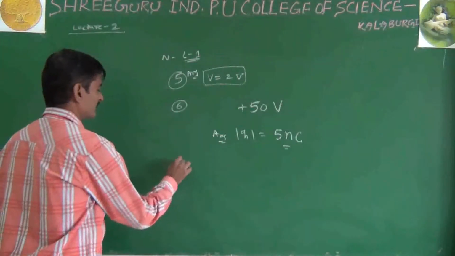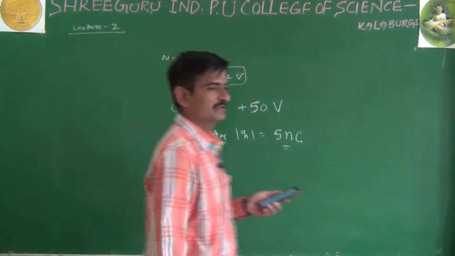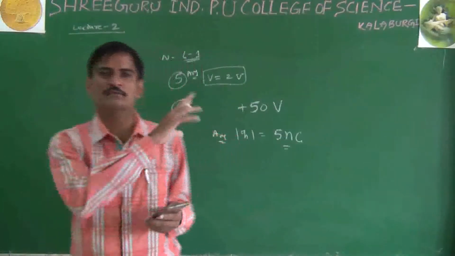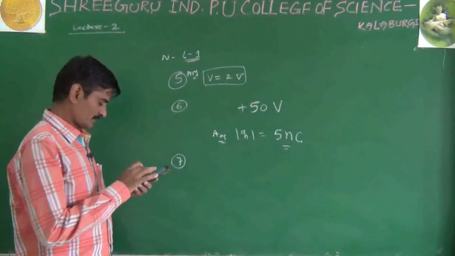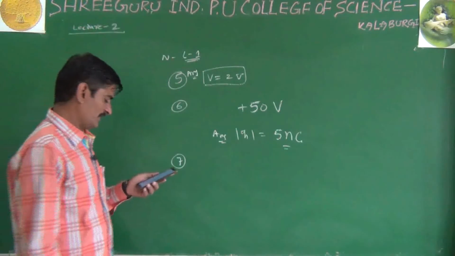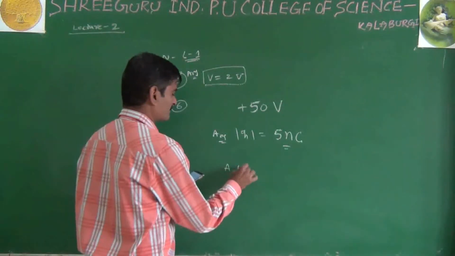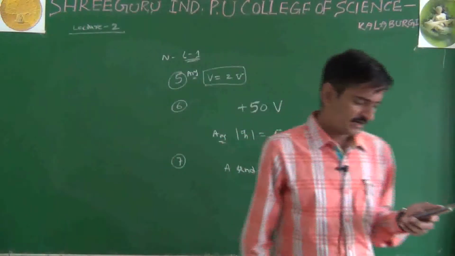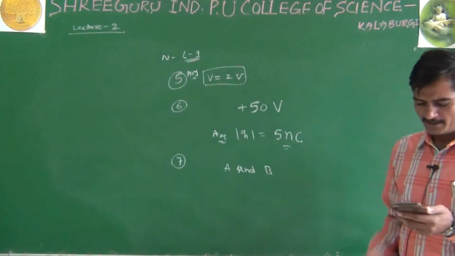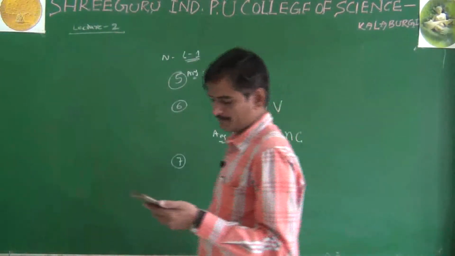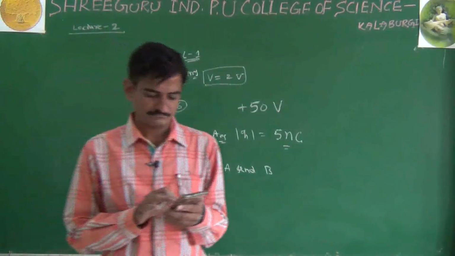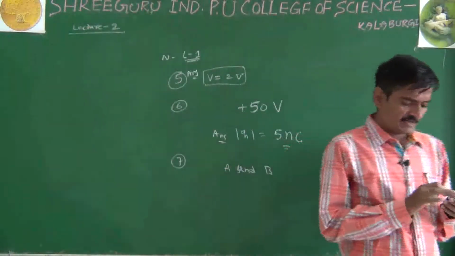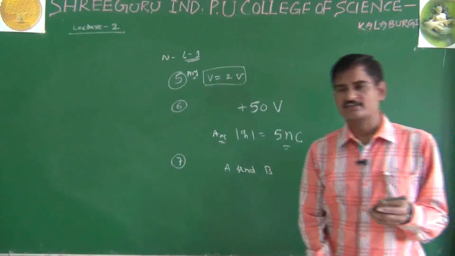Question number 7. Last one. These are all the questions you can solve by the knowledge of lecture 1 only. Two points, capital A and capital B, are located in diametrically opposite directions